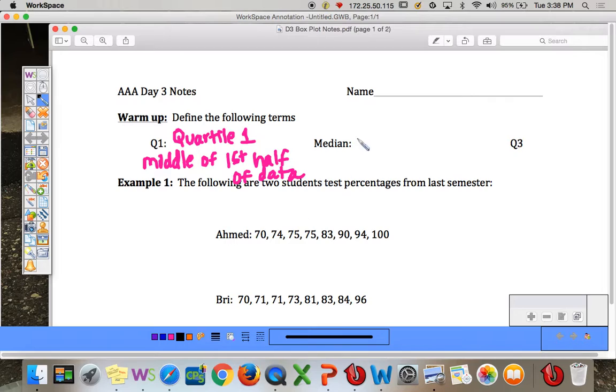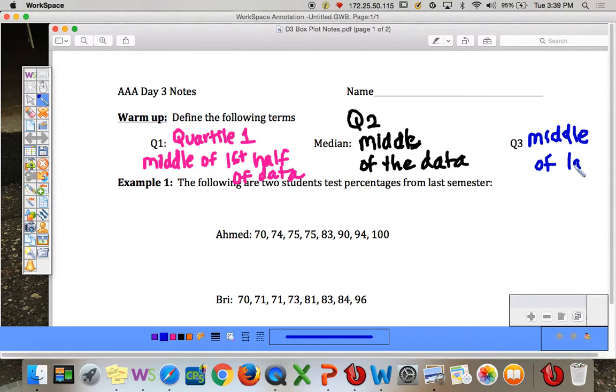The median means the middle, so it's the middle of the data. If there are two terms in the middle, you average them. You add them up and divide by 2. You might see the median written as Q2 as well. And Q3 is the middle of your second half of data. So again, Q1, middle of the first half, Q2 is the median, the middle, and Q3 is the middle of your